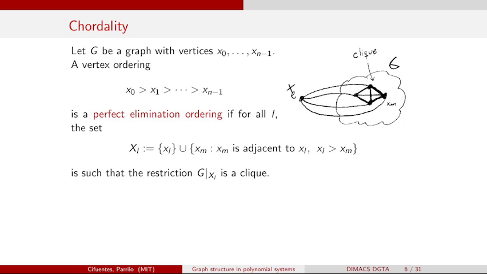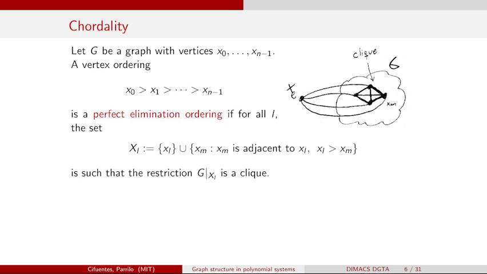I'm really going to be interested in chordal graphs. There are many, many different ways of defining when a graph is chordal, but in particular, the definition that I'm going to use is one that uses a notion of a perfect elimination ordering. And I'll explain exactly what this is. There are other definitions of chordal graphs in terms of chords on 4-cycles and whatever, but this is really the one that we're going to focus on.